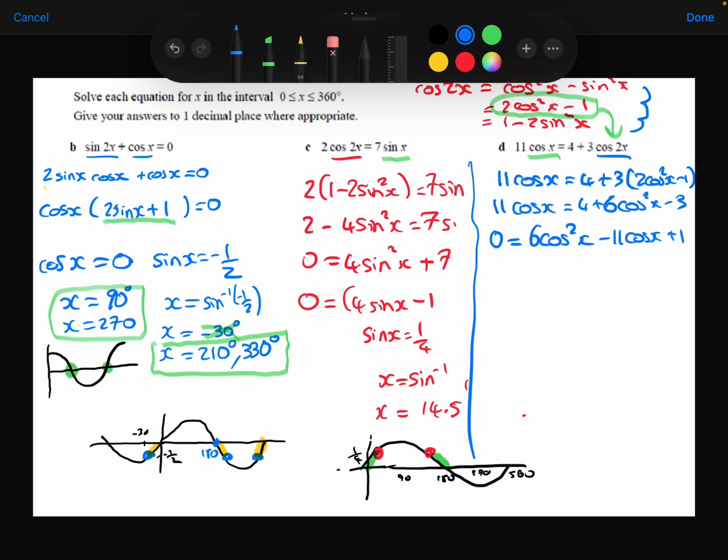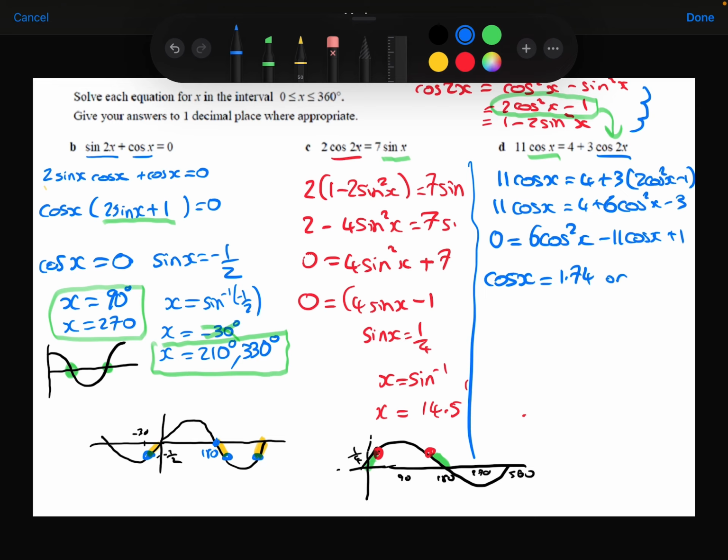I don't think that's going to factorise very nicely, so let's use the quadratic formula for that. So minus b plus or minus the square root of b squared minus 4ac divided by 2a. So I find that cos x is either